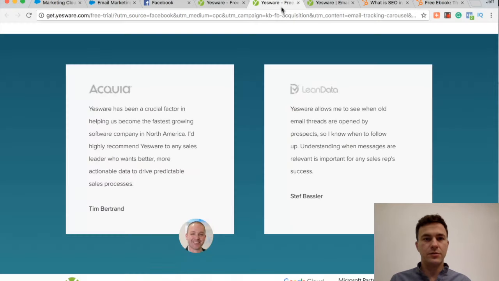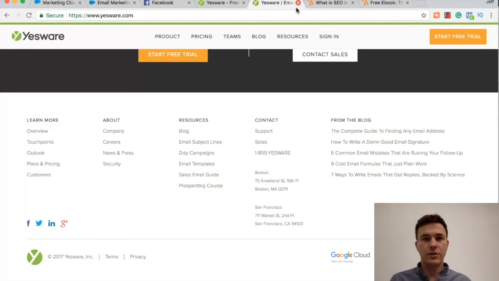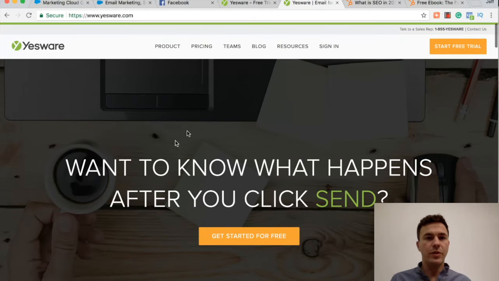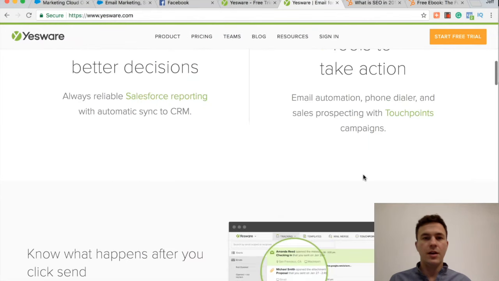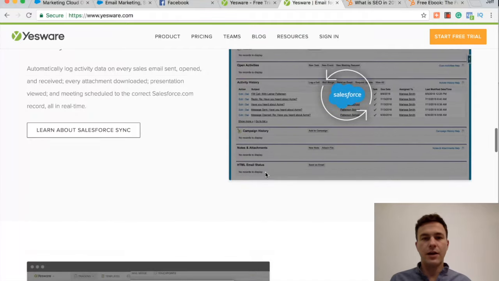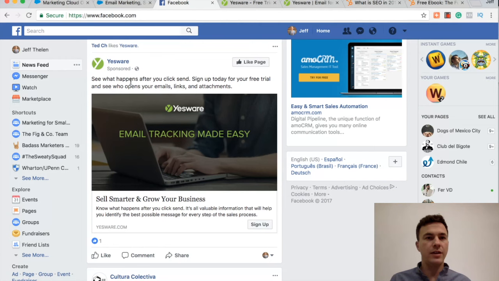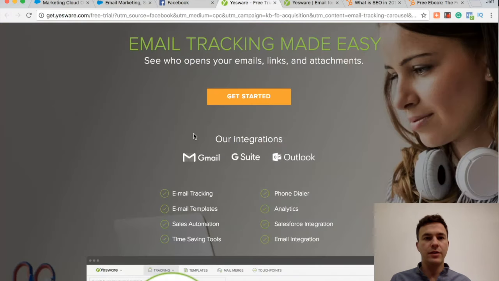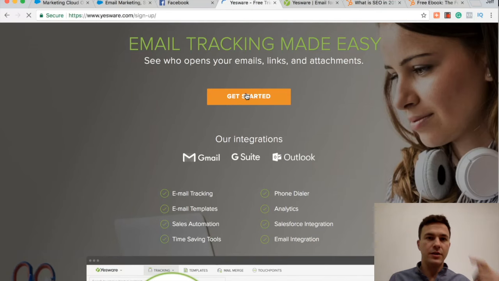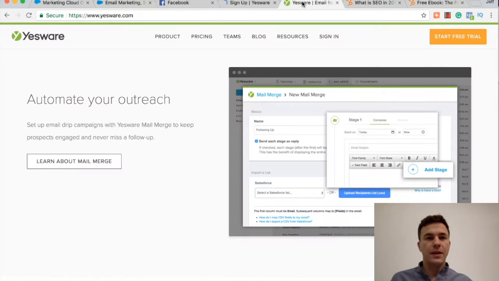So this is when I opened this earlier, and this is basically their homepage. And so still the same kind of call to action of get started for free, but there's the pricing, the product, the team, their blog, resources. There's a whole lot more on this versus this ad here of sign up today for a free trial. And then it's like, hey, here, let's get started. And so they want me to sign up as soon as possible. And there's no distractions there versus this page.